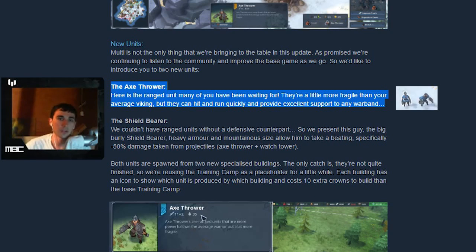Here is the ranged unit many of you have been waiting for. They're a little more fragile than your average Viking, but they can hit and run quickly and provide excellent support to any warband. So I actually got the opportunity to use these guys, and they're actually not as promising as they sound. From when I was playing with them, at least, their extra damage, they hit for the average 11